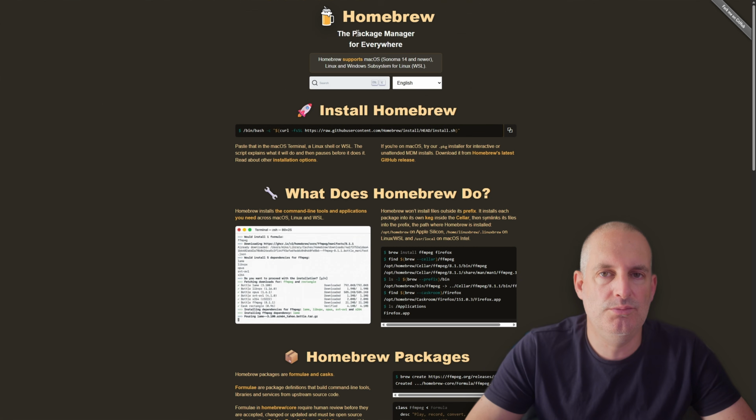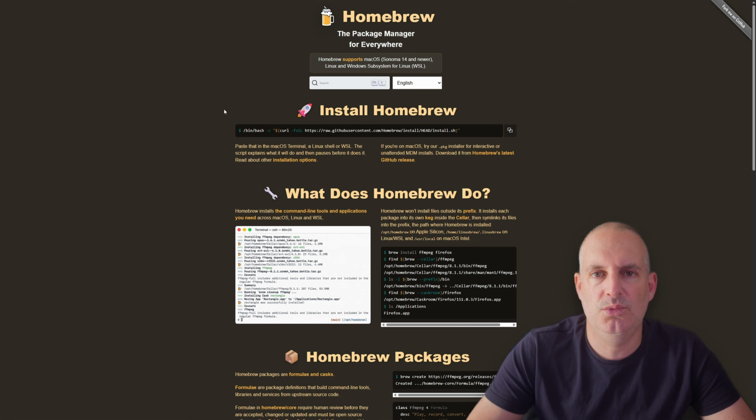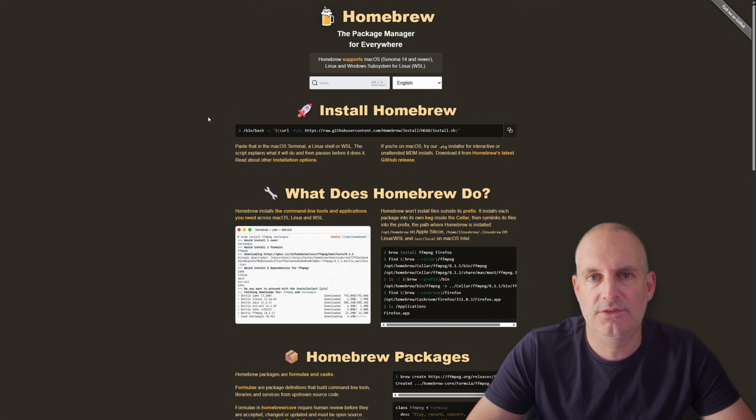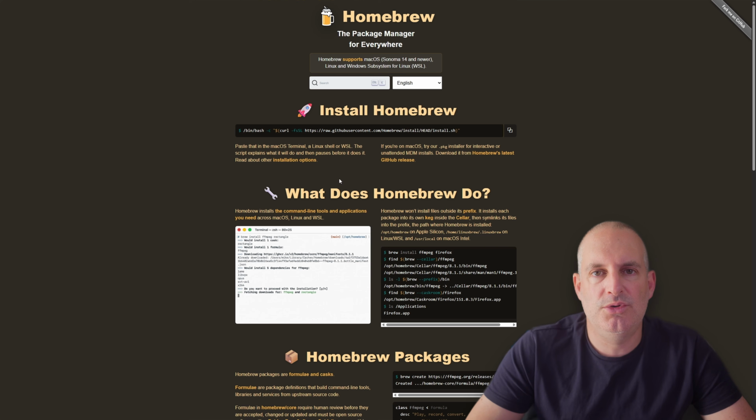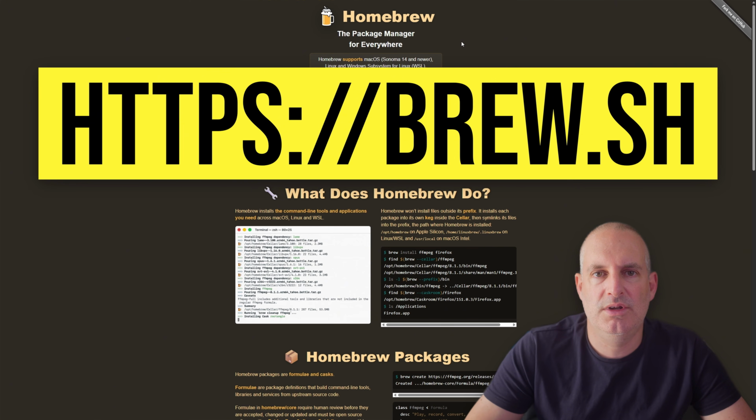On Mac, there's one extra step. You need a tool called Homebrew. It's a free package manager that works the same way as winget. I don't have a Mac, but I can talk you through the steps. To get Homebrew, go to the site linked in the description,